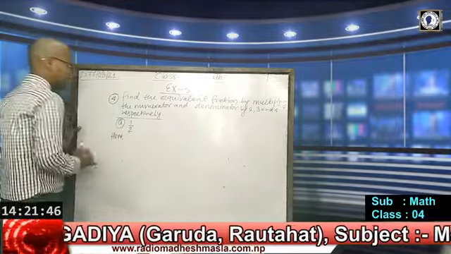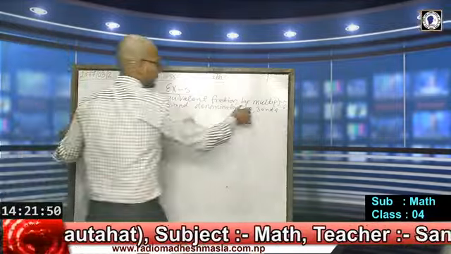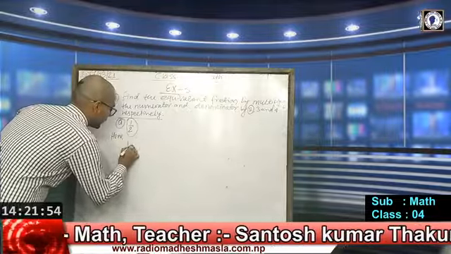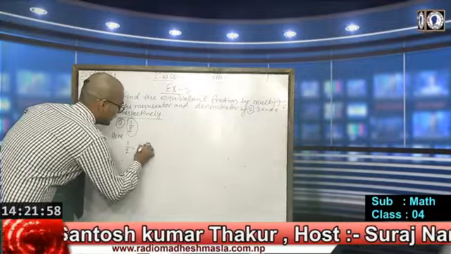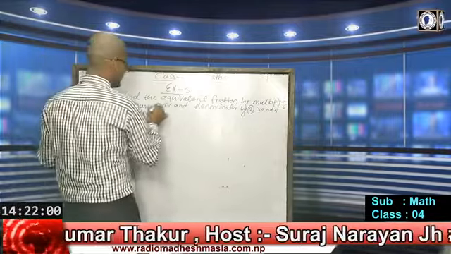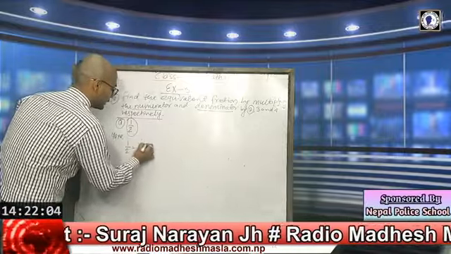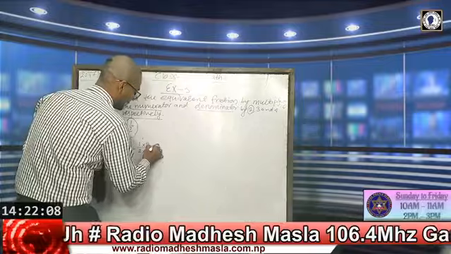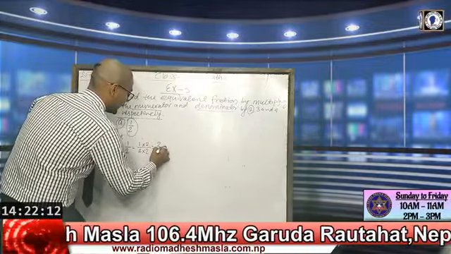If we multiply 1 by 2 first by 2, then we will get the first equivalent fraction. So here 1 by 2 is equal to 1 by 2 into, okay, we should multiply both numerator and denominator. So we should multiply the fraction 1 by 2 by 2 and 2, both numerator and denominator. Then we will get what? 1 into 2 is 2 and 2 into 2 is 4.